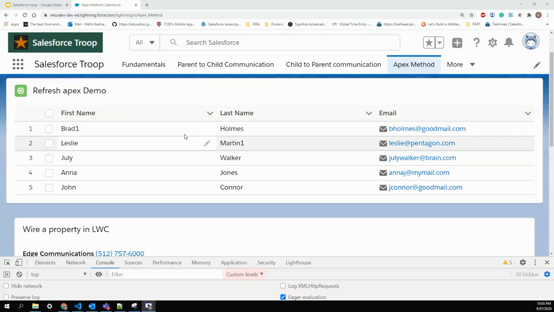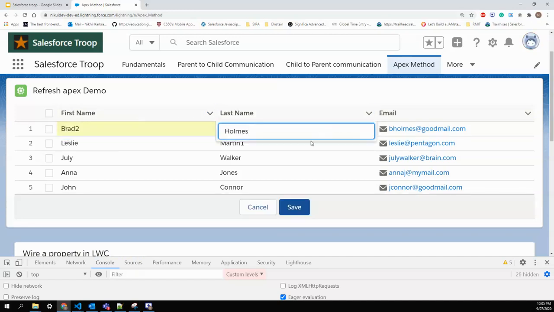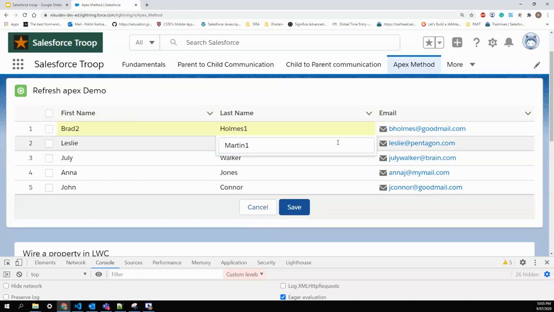So now I have my data back. Let's change this Brett 1 to 2 and Homes to 1 and Martin to 2. Anything, it's just a random thing I'm picking up right now. So these three fields are there. If I click save,